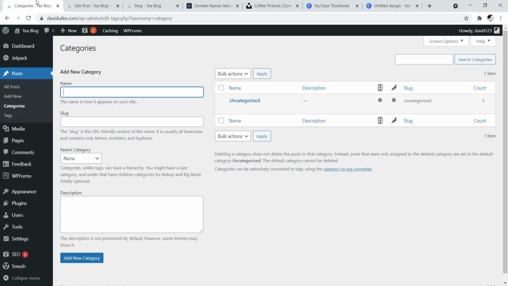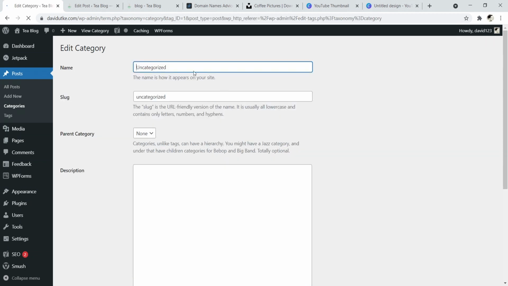Again, it depends on the type of site you're making, how broad or specific it is, what it's about. So there's lots of different things you can cover, but typically start with 4 good categories. And don't forget that you can click on the category section right here, and then you can edit everything over